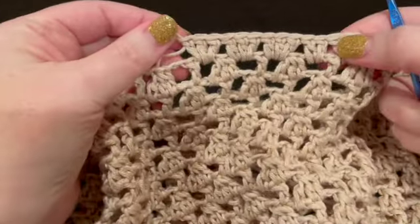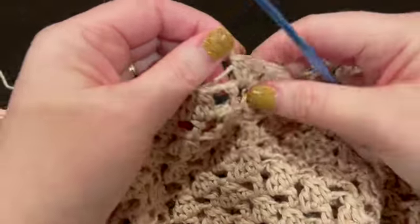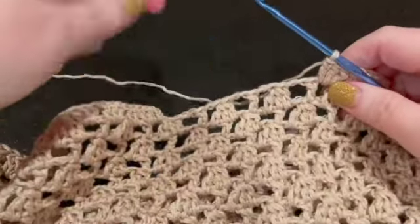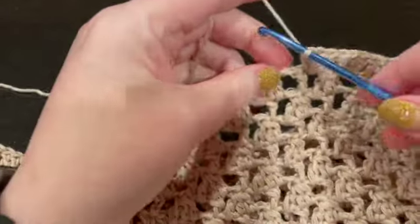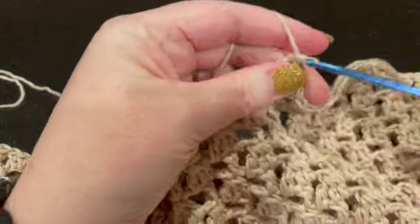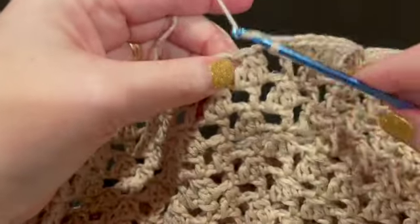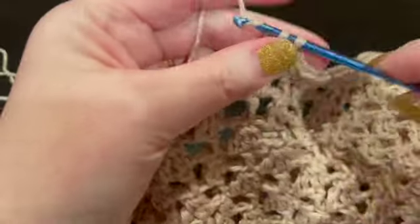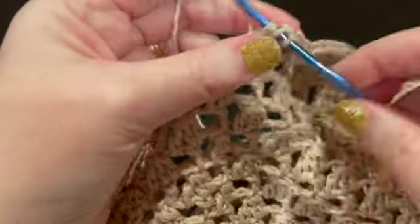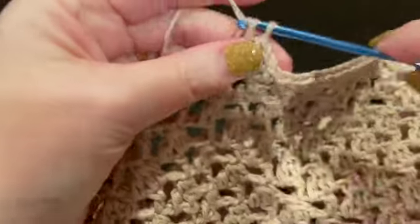Okay, so we went ahead and did that pattern of 2, 3, 3, 3 all the way around 17 times. And now we're almost to the end. To finish this off to the start of that row, we're going to start the pattern again like normal. So 2 double crochets in the next chain 2 space, and then for all the remaining chain 2 spaces, we're going to do 3 double crochets. In this particular case, I actually have 4 chain 2 spaces left. So there's 1, here's 2,